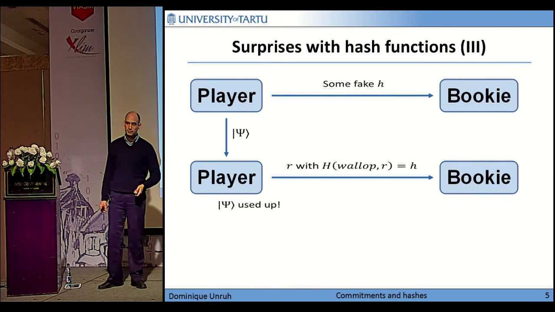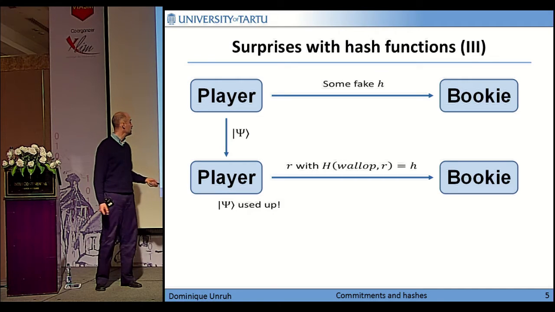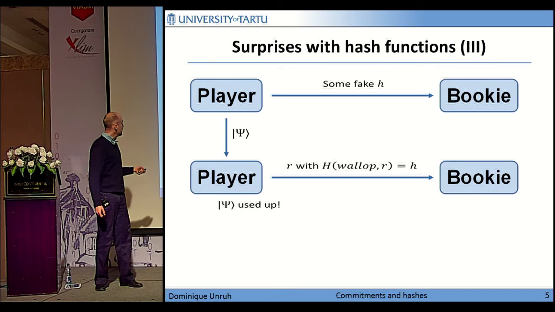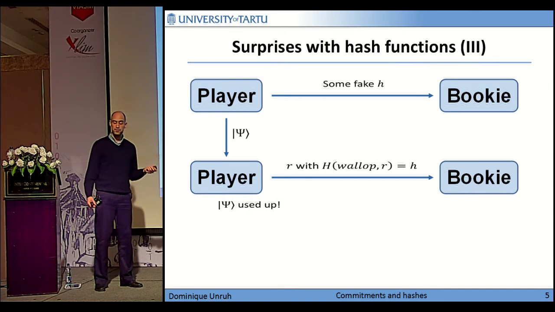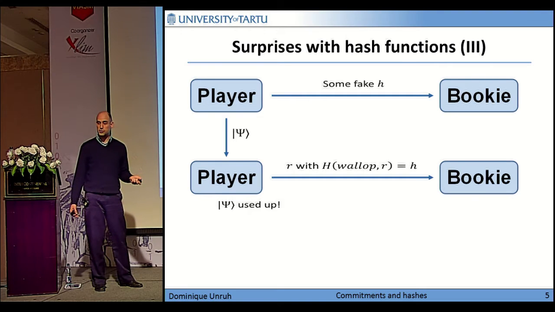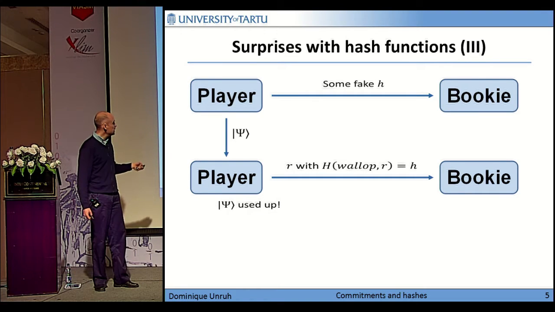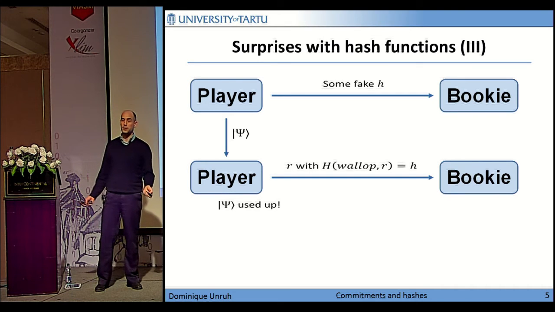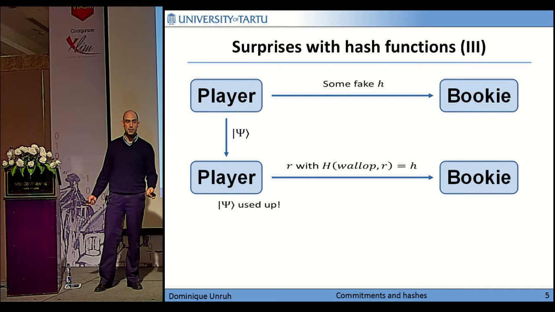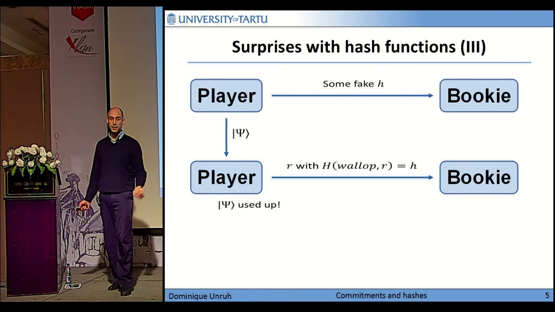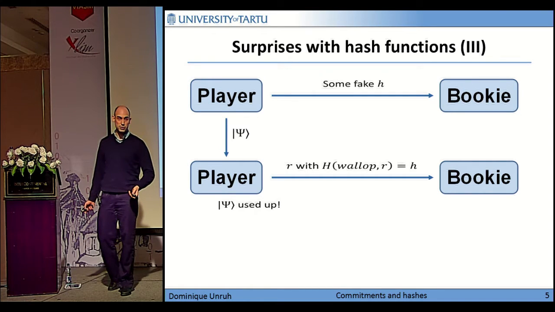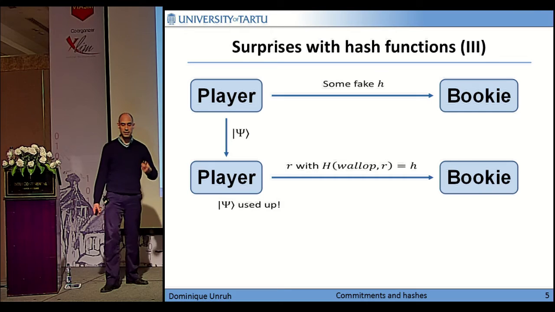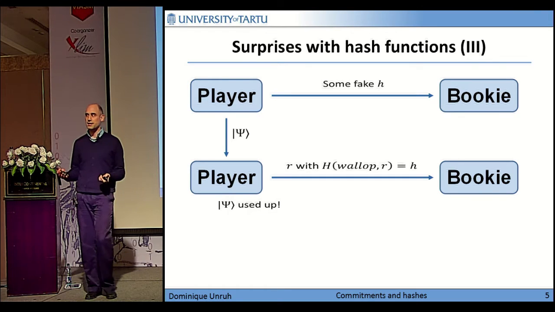And now, since quantum states cannot be cloned in general, we see that there's no contradiction to the collision resistance, because this algorithm will use up psi, so we can do it only once. So we can open this hash function to whatever we want, but we cannot open it to two values at the same time. In particular, we cannot find a collision. And this has been explicitly done relative to some oracles, so it seems to be a threat that is at least possible.